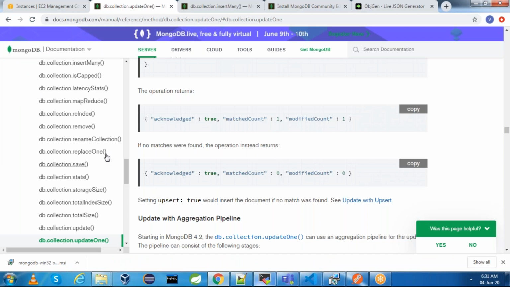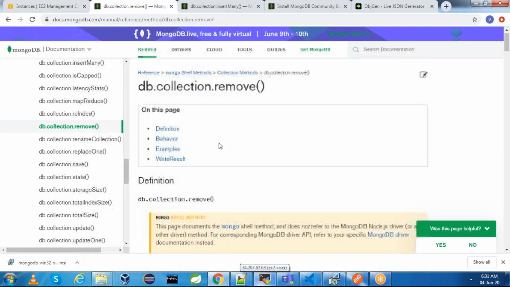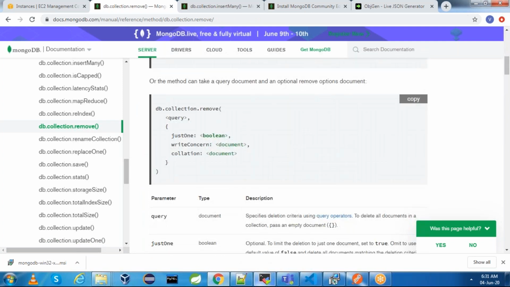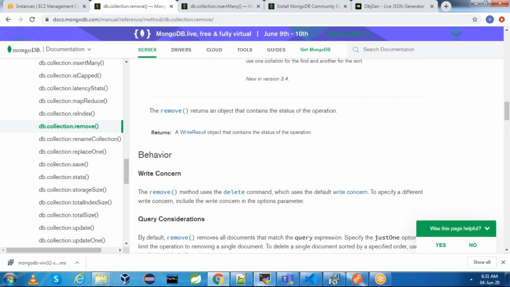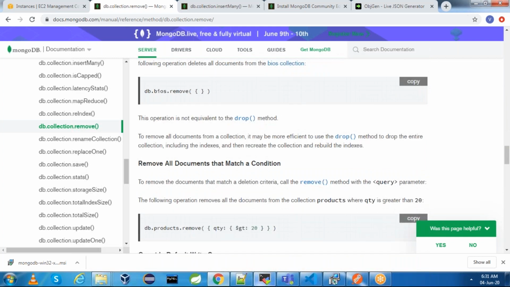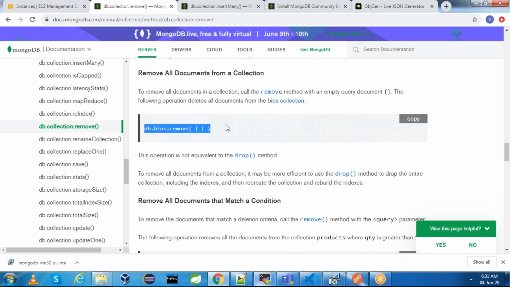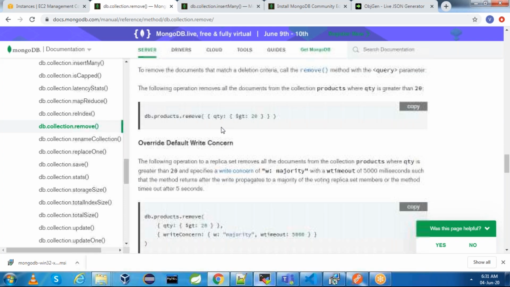If you want to remove, you need to mention the document which you want to remove. Suppose you don't mention anything, it will remove everything. If you want to remove specific things, you can mention remove.